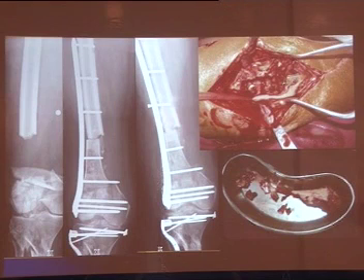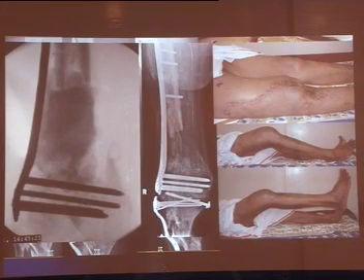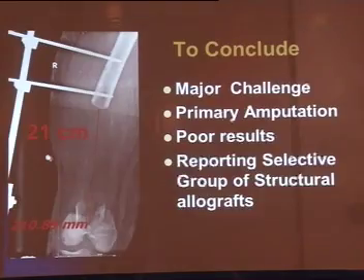Here is a patient with an open supracondylar femur fracture which was reconstructed initially with a distal femur structural allograft. It went on to have infection and we removed the graft, and the space was kept initially and then grafted. Even at the end of 2.5 years, we are still waiting for complete union. To conclude,